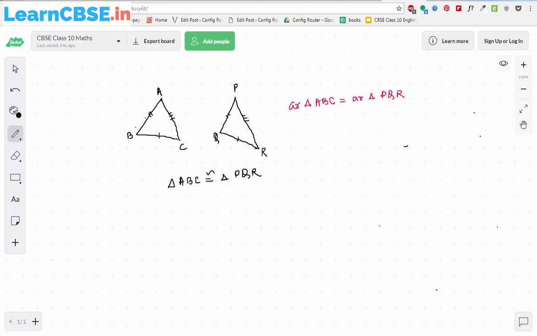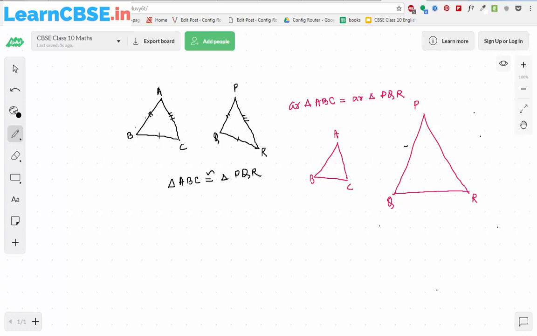But what do you mean by a similar figure? As the name suggests, similarity means two things will be similar. For example, there is a triangle ABC and there is one more triangle PQR. So ABC and PQR, these two figures will be similar